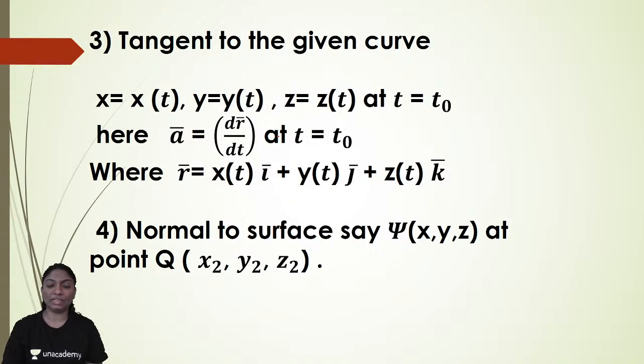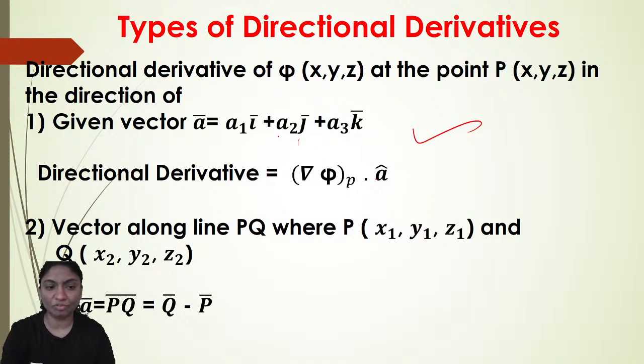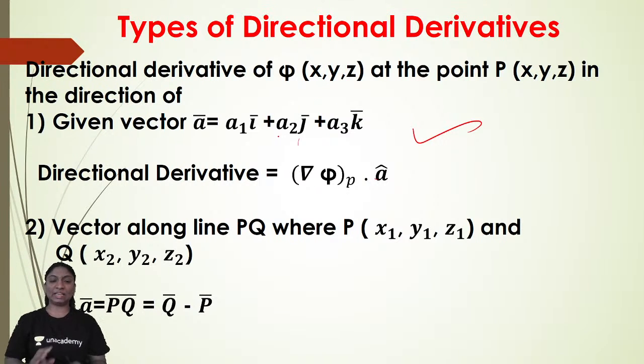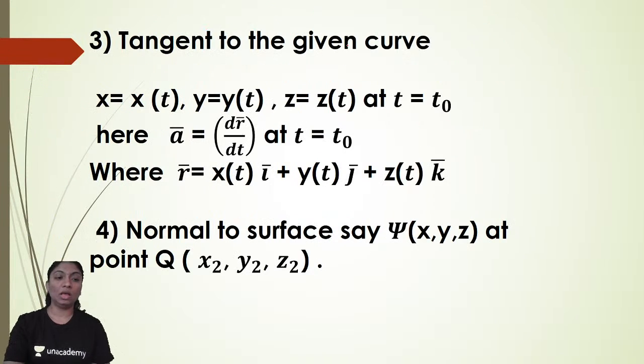Now third point is given. See, there are different types, five or six different types of directional derivatives we will find out here. First type is whenever the vector a bar is directly given to you. Second point is whenever the points are given, then find out the directional derivative for that. So first of all, we have to find out the vector for those 2 points. We can calculate that vector by using the formula a bar is equal to q bar minus p bar. Okay. Third one,